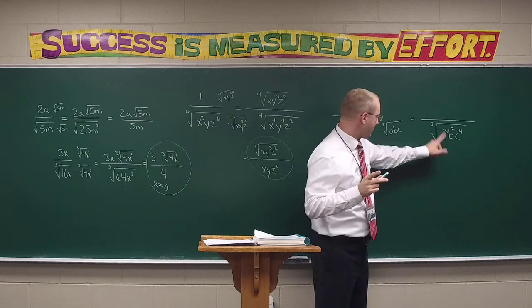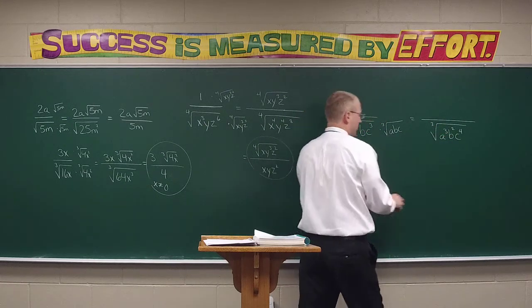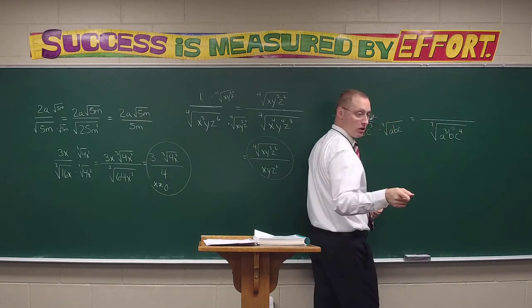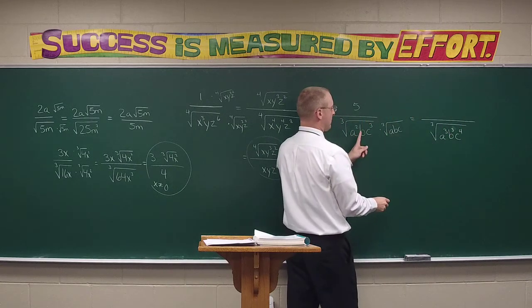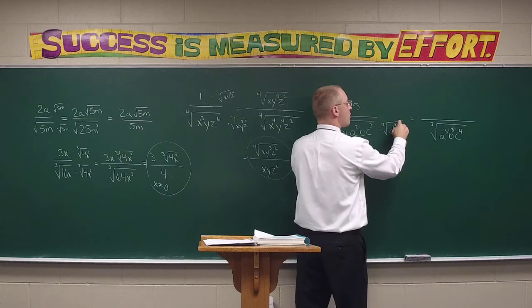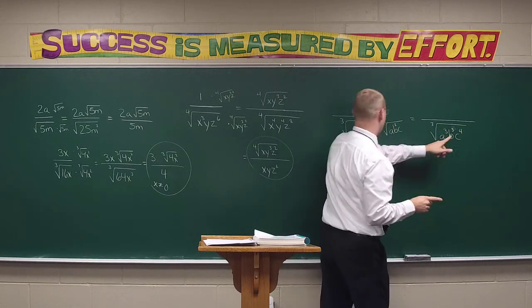So I want that. Can 3 go into 2? No. So that 2 really doesn't do me a lot of good. I really need that to also be a cube, right? But to get a cube there, I would need to multiply not the b by another b, but the b by a b squared. And then the c to the fourth, well, 3 doesn't go into 4, but it could